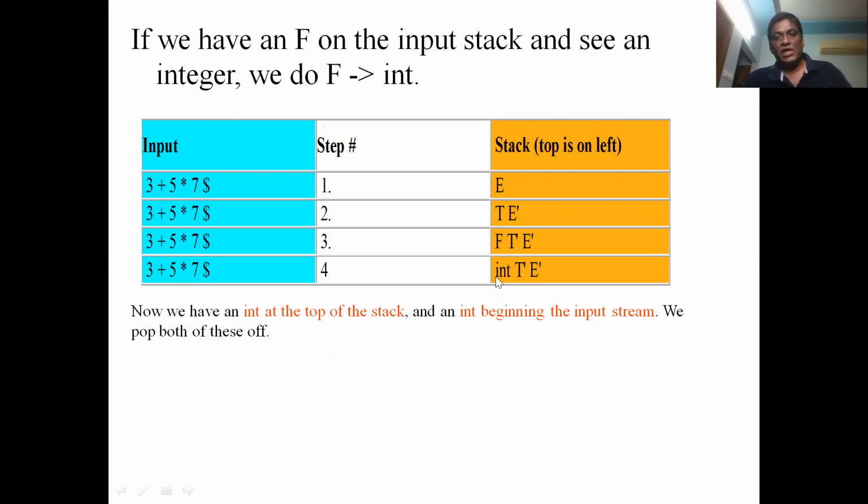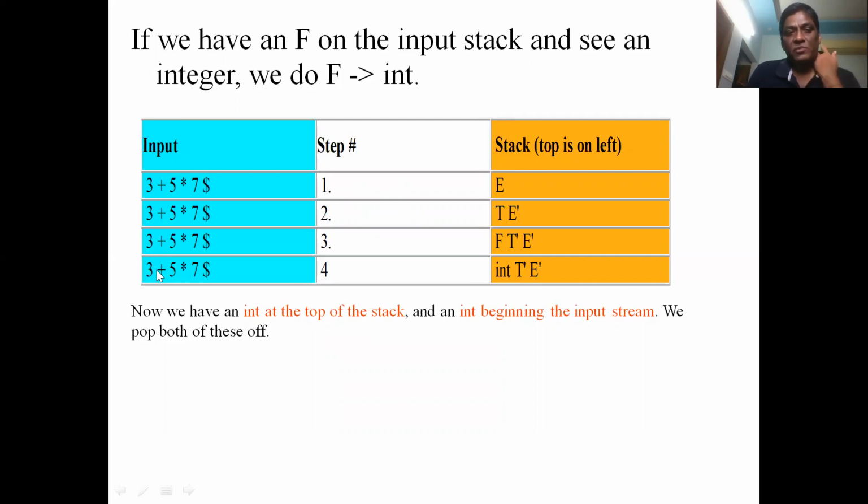Now you see this is integer on top of the stack, and this is also an integer which is pointed to in the input buffer. So there is a match, integer and integer. Therefore, we pop these two. Int is popped and 3 is also popped because it is successful.